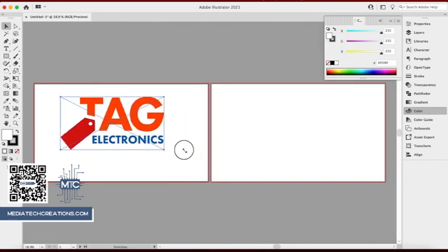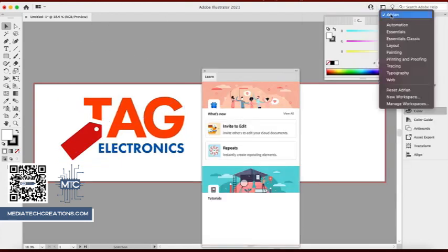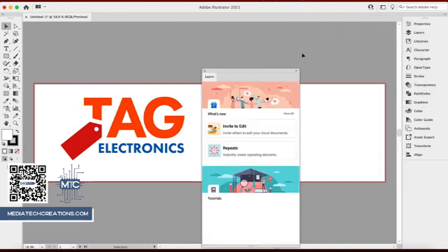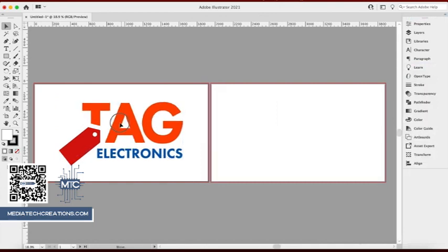There we go. Hold down Shift if you want to make sure that you constrain the proportions. There we go. So now I'm going to make sure I hit my artboard. Make sure I got my right artboard in here, and I do. Control R, let me put this over here. There we go. So I'm going to go ahead, and the first thing I need to do is turn this into